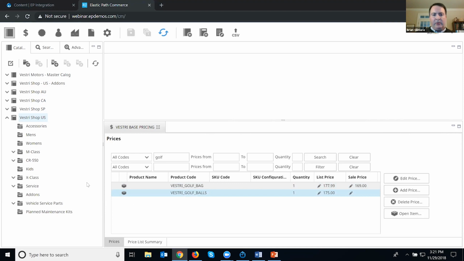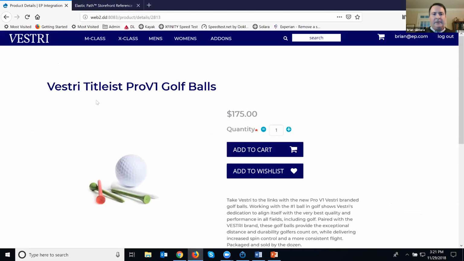I've pulled up the pricing for the particular golf balls here, and you'll see that the list price is $175, just like it is on the store page. If I wanted to change that to say $159, I'll save that very quickly. When I go back to the page with the golf balls, I click refresh. And now you see the new sale price in this nice red font, and then the MSRP